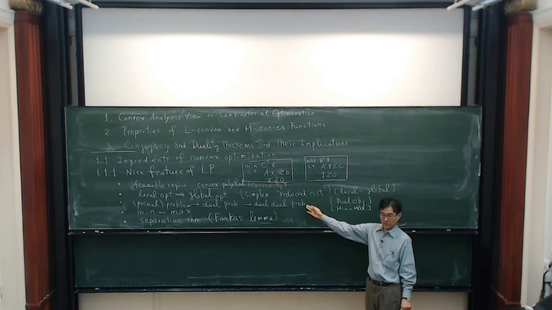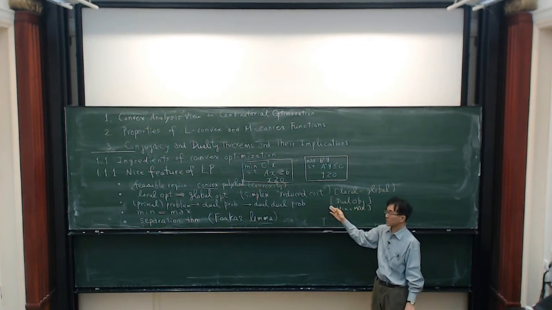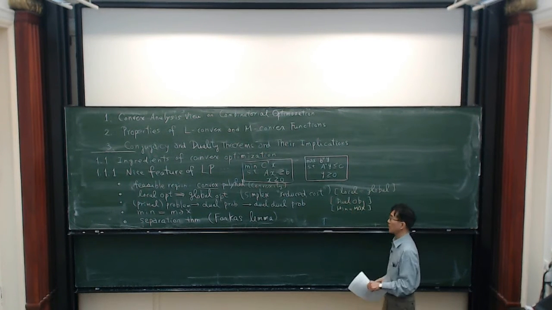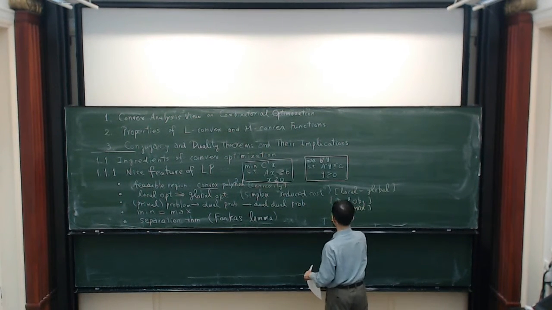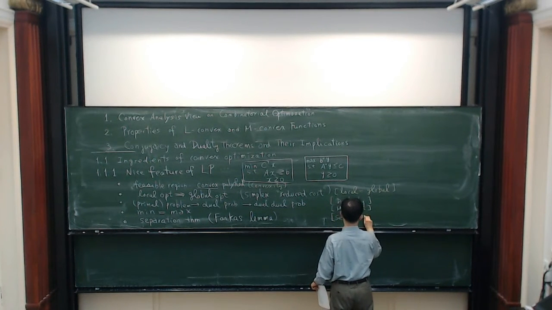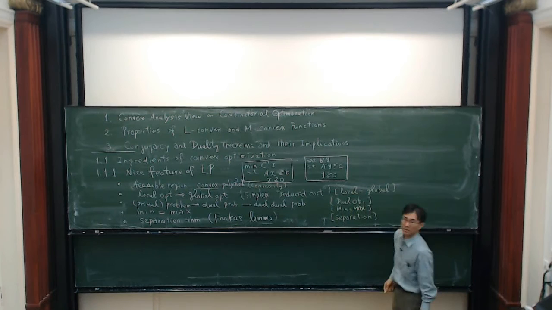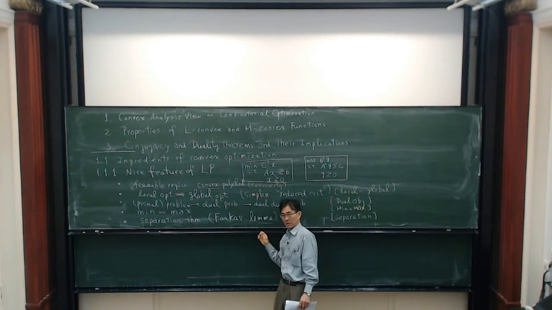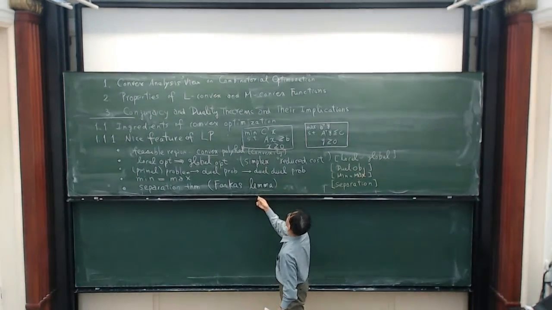This is also duality, but these two should be distinguished. And finally, this is called, say, separation. Okay, so this is what we know about linear programming. Then,